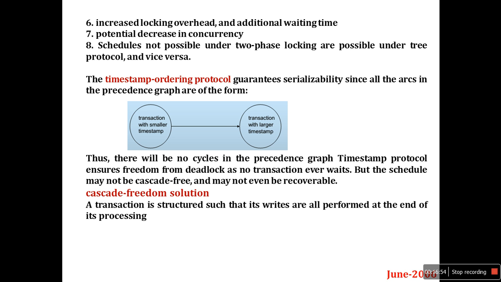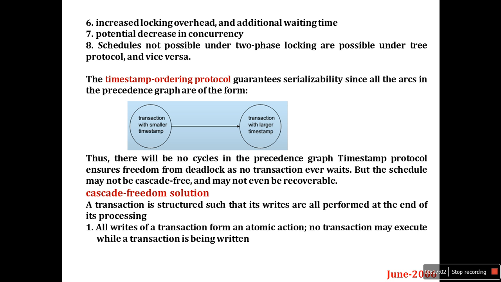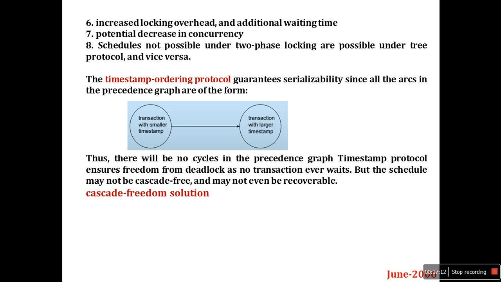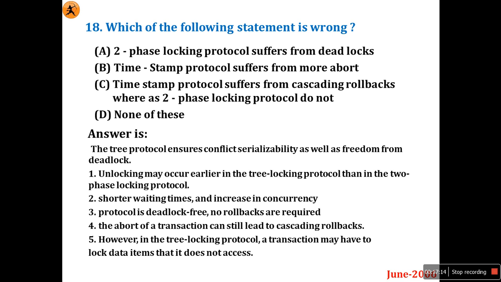what is the cascade freedom solution? Transactions are structured such that writes are all performed at the end of their processing. All writes of a transaction form an atomic action. No transaction may execute while a transaction is being written. So looking at all this,